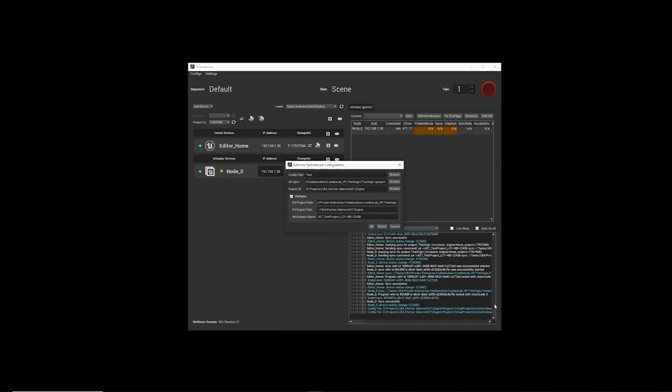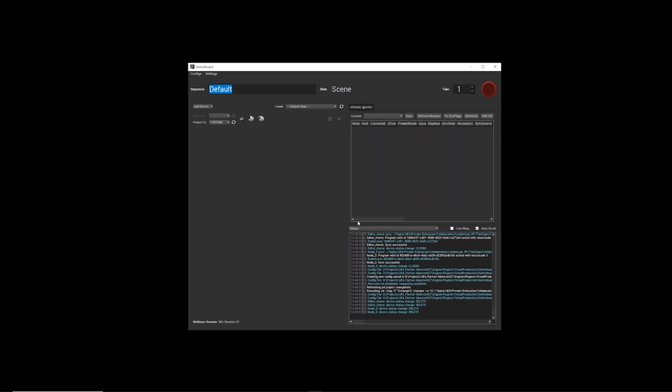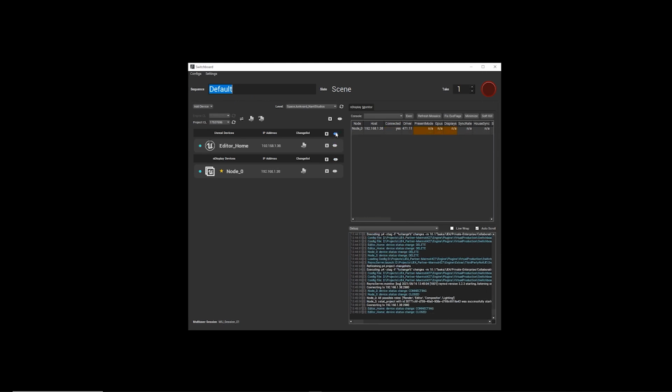Here we go, same again. Okay, now we're in a fresh config. We can set this up however we like, but if we wanted to switch back to the previous one, we can go down to load config, and whichever one is in use is grayed out and the rest will be highlighted, and you can just select them. And there we go. We're back to where we were.